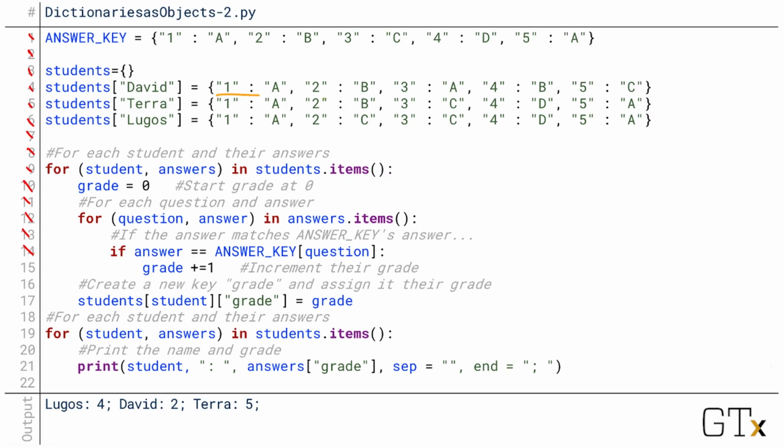This continues for each key value pair in David's answer set, and that entire process continues for each individual student inside our student dictionary. At the end of running the outer loop for a given student, we save their grade actually to the exact same dictionary that we created initially, and we do it by creating a new key called grade and giving it the value of their grade. Students grabs that dictionary, student comes from the loop, and it's the current student we're looking at, grade defines a new value in the dictionary, and the variable named grade is the grade that has been computed